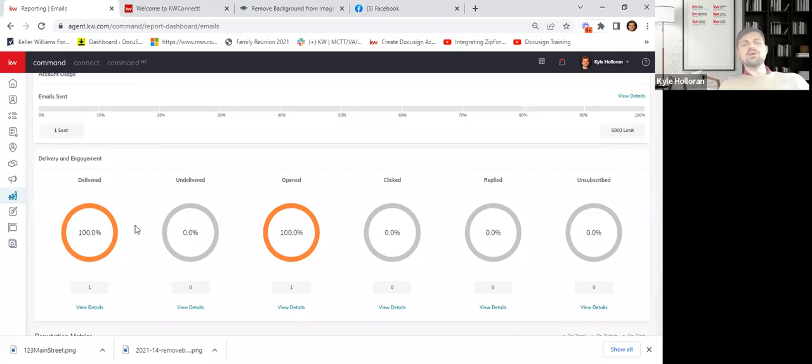If I notice no one's ever opened an email from me and they just delete it as soon as it comes into their inbox, how much more time am I going to spend on that person, at least in terms of making sure they're getting my emails? I don't care. They're deleting them. I can use that information for my benefit. Okay.